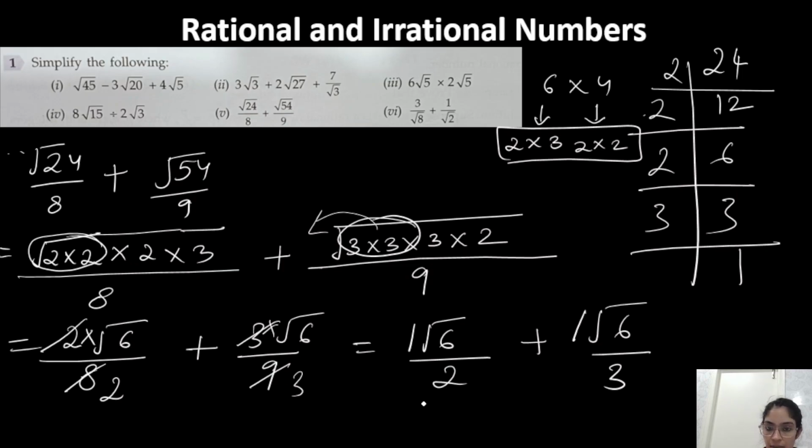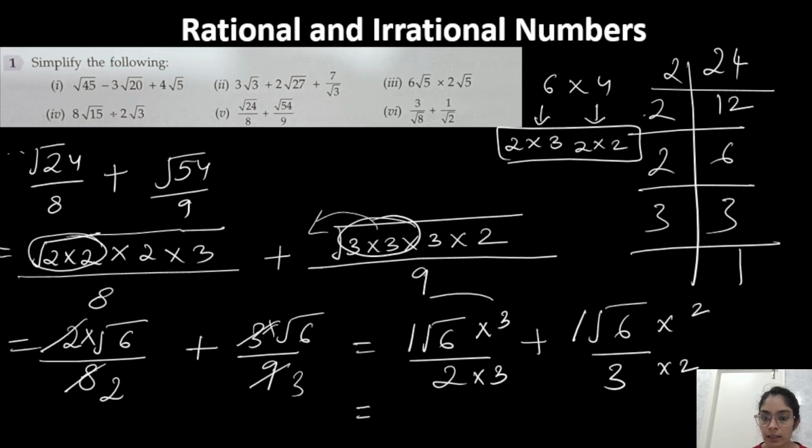So when fractions we have to add, we have to take LCM, or in other words we have to make denominator same. Now both the numbers are prime numbers. So how we can make this? We can multiply up and down with 3. This we can multiply up and down with 2. Why? Because 2 into 3 is 6, 3 into 2 is 6. So with whichever number we are multiplying denominator, with the same number we have to multiply numerator also.